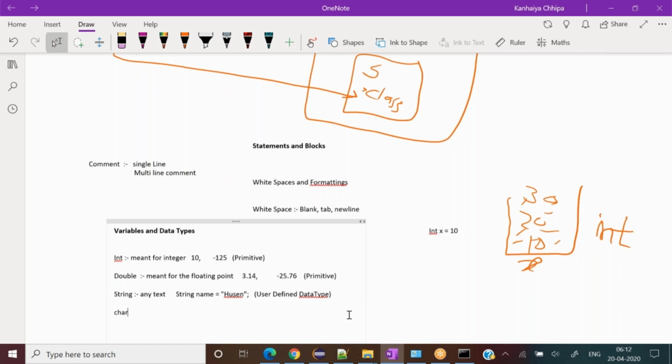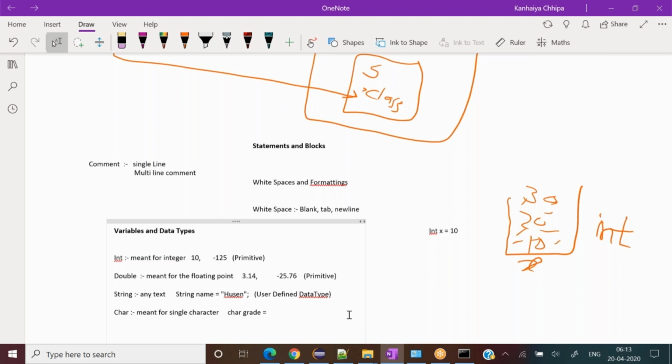And then comes the character data type. The character data type is just a single character value. So something like this: char, and let's say your examination grade.